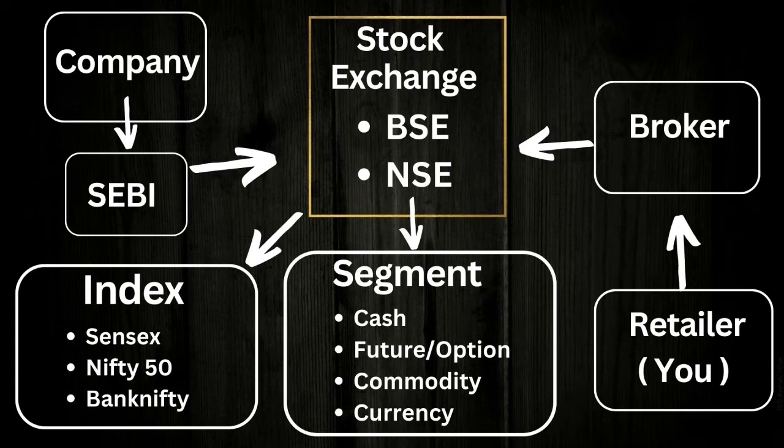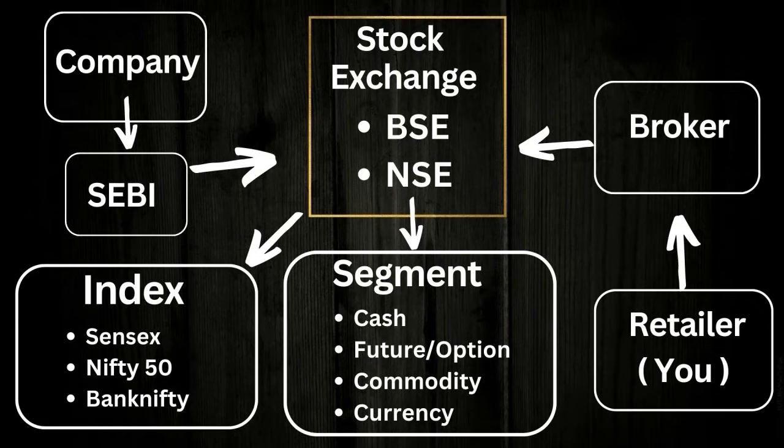But the story of future, commodity, currency and options is totally different. In these segments, you can get a profit of almost 300% in a single day, as well as 0% in a single day, as well as wiping out your whole capital in a single day. And they also work in lots, so you can't buy a cheap lot because the base price of a lot is fixed, and the minimum price of the lots is around 30,000 to 1 lakh. So it means that future, option, commodity and currency are risky as well as expensive.